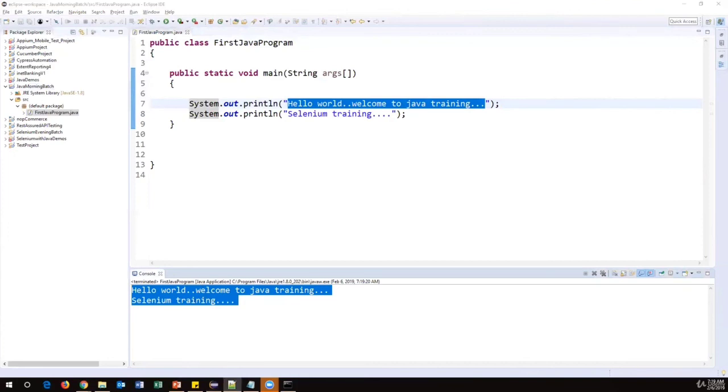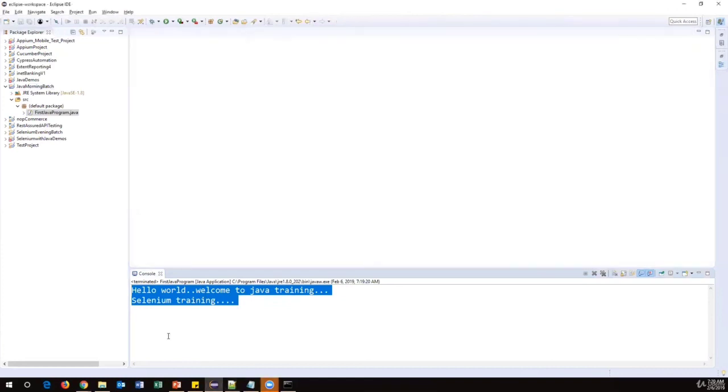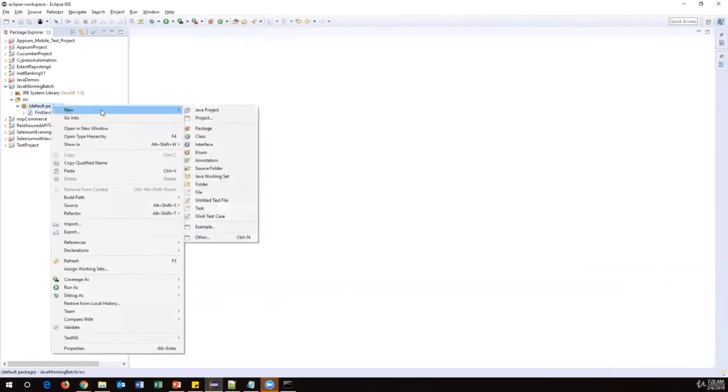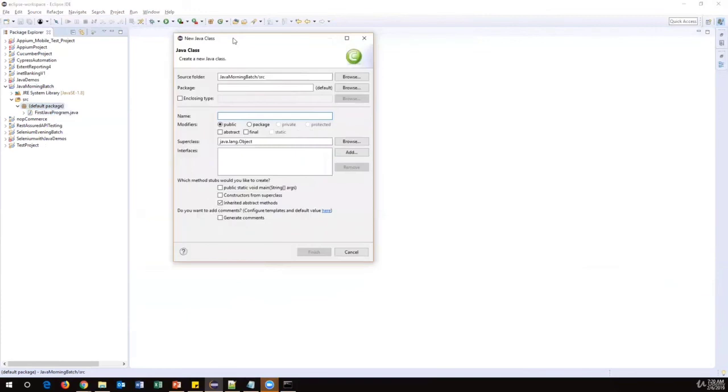Now, similarly, we can also create another program. For example, let me close this class. I want to create another program. So right click here, new, again take the class. This time I don't want to write the main method manually. So I can just provide a class name here, let's say SecondProgram.